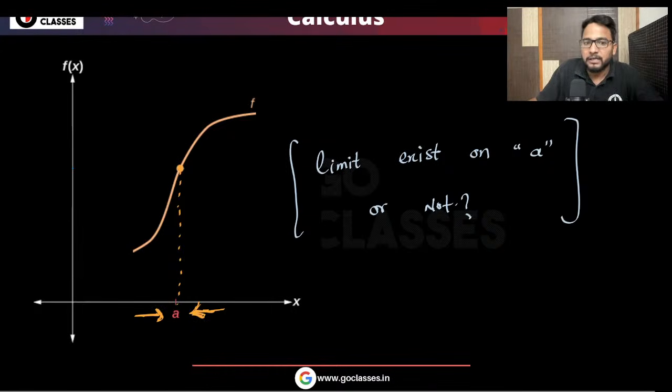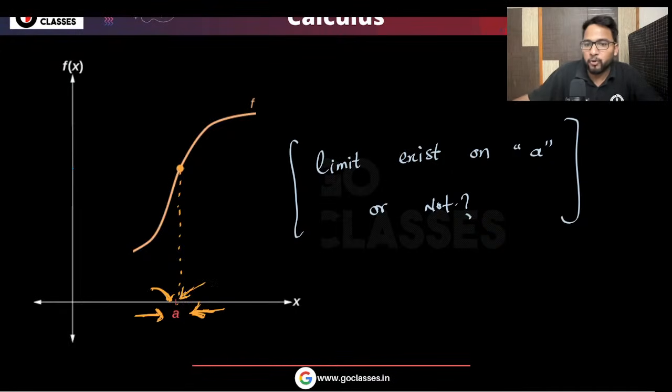This is what limit says: if you come from the left or you come from the right, then the function value doesn't change. Which means that if you are talking about a point which is immediately previous to this A and immediately next to this A, immediately previous and immediately next,